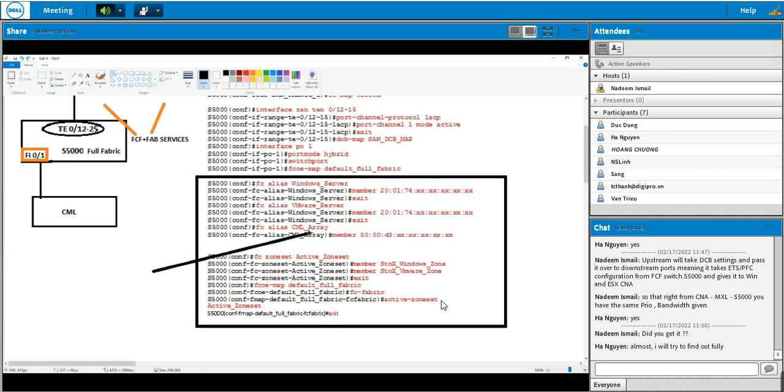Okay, we are done with creating alias. Now it's time for us to create zone. Zone is called a zone set. I haven't taken the screenshot for zone. Zone says about creating alias, and after creating zones, I take